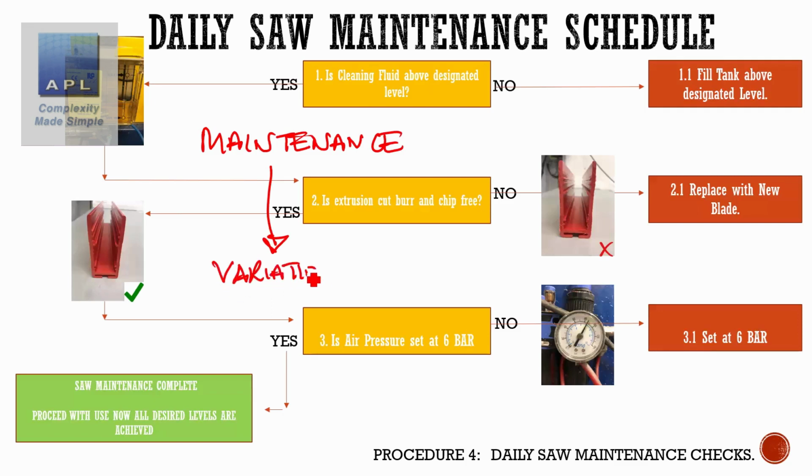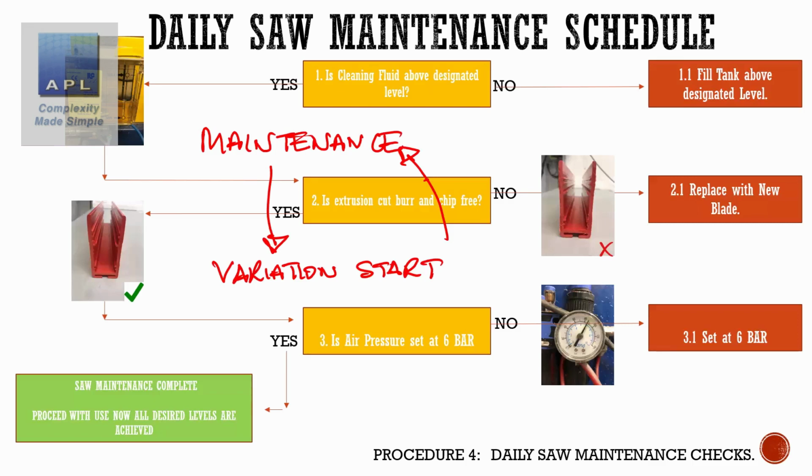Chaos starts from maintenance. If you allow sloppy maintenance, if you cut across maintenance routines, chaos will just enter your process in huge quantities and money will pour down the drain. Maintenance is super important. So they've got things about maintaining the saw blade, keeping the cutting fluid up to level, making sure that the air pressure is right. This is all on the saw, by the way. So they've got maintenance routines in place.